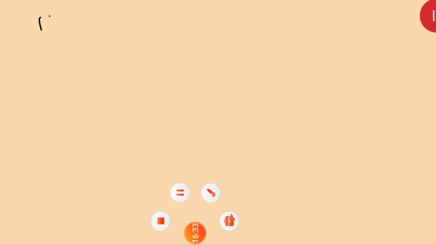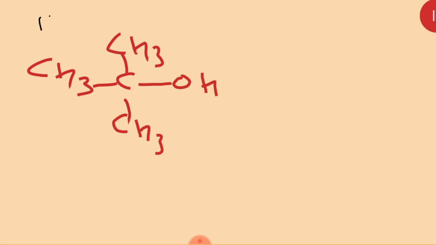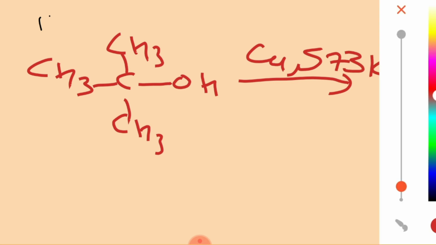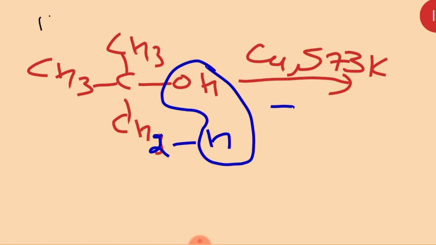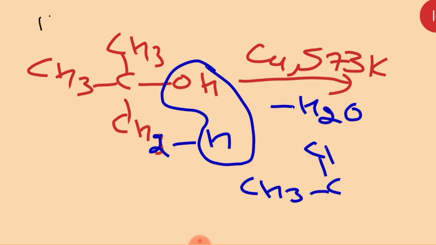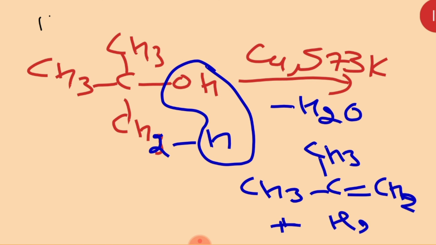Tertiary alcohol, all of you please see: in the case of a tertiary alcohol it is not possible to simply remove the hydrogen. So here there should be a dehydration. When we do the dehydration, what happens? You remove the water molecule from there, and what will you get? (CH3)2C double bond CH2 plus H2O. Okay, clear? Then this is called 2-methyl propene.